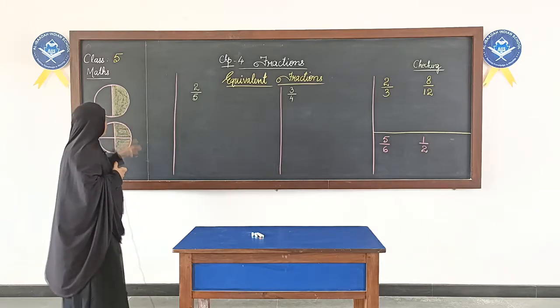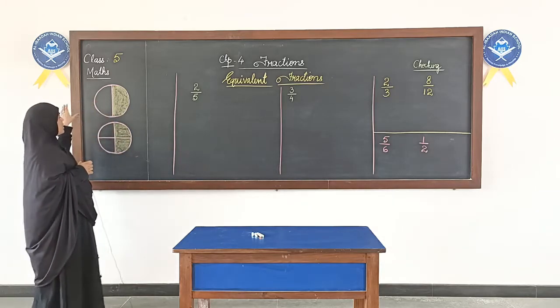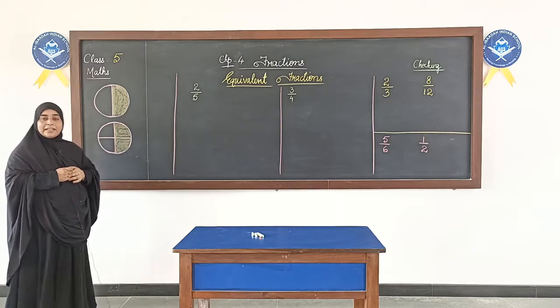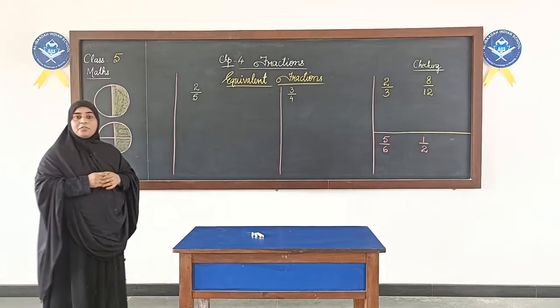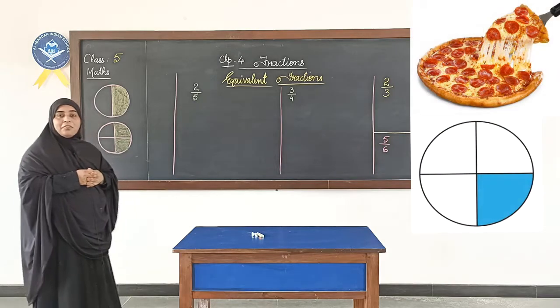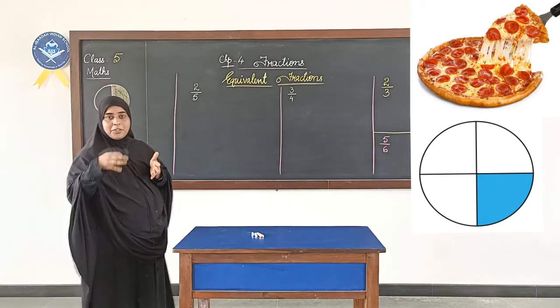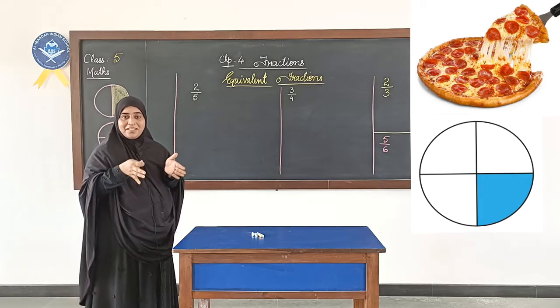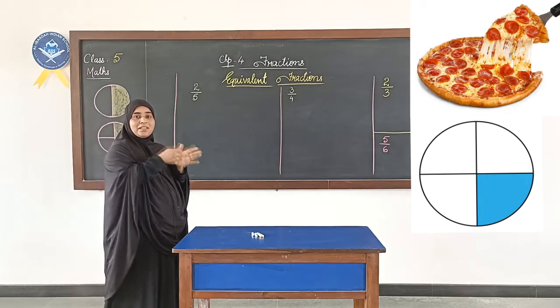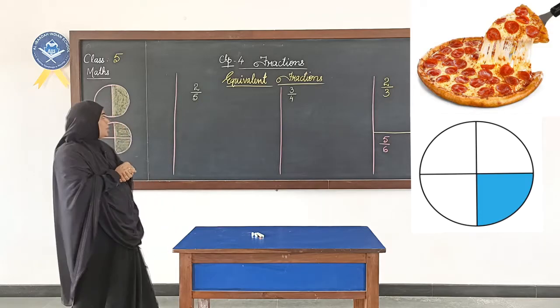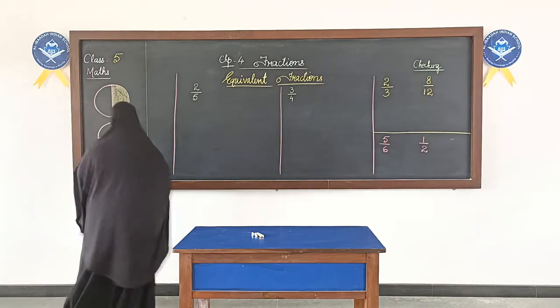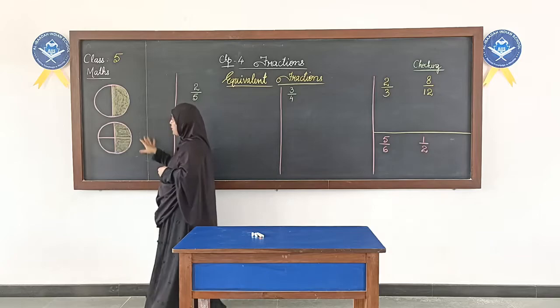Fine, for that I have drawn a picture over here. I hope you remember I gave you one example in a previous video of the pizza. Remember, I told you that when we bring a pizza, we cut it into equal parts and then we eat it, right. So each part of the pizza is a fraction. So let us consider these to be the two pizzas over here.